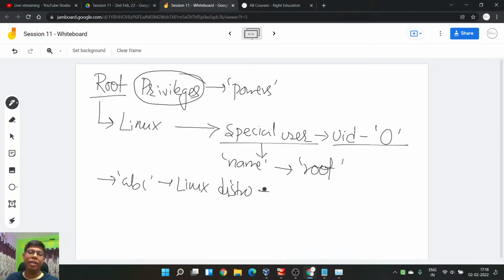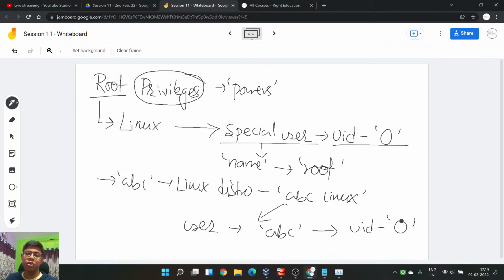Let's say he gave the name of his distro ABC Linux. So in that distro, he created one user. The username is ABC and assigned the UID 0. So then it will be that ABC is the root user for that distro.